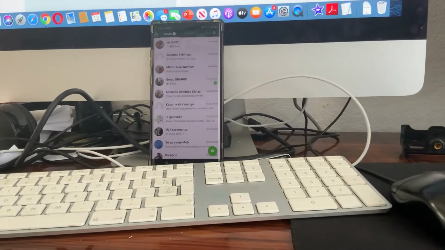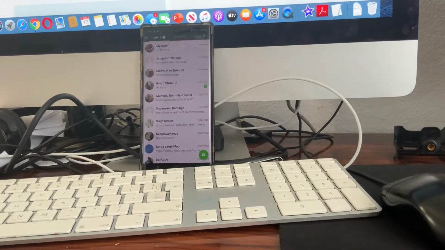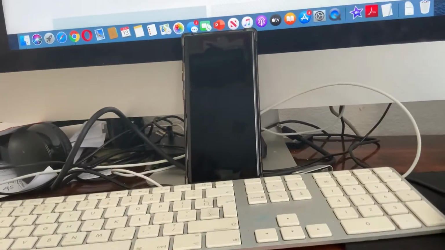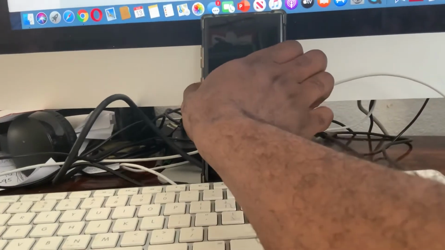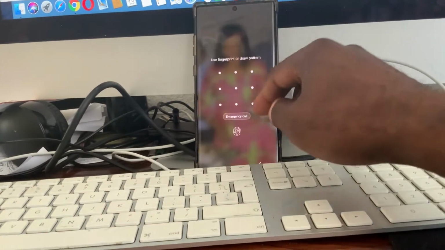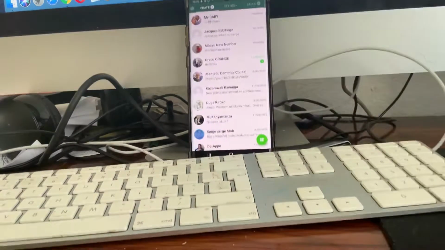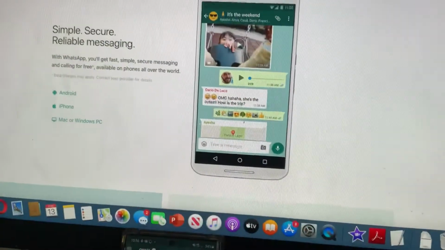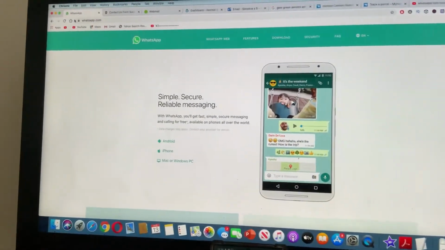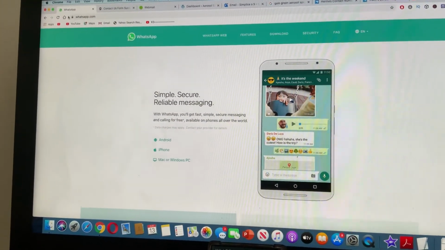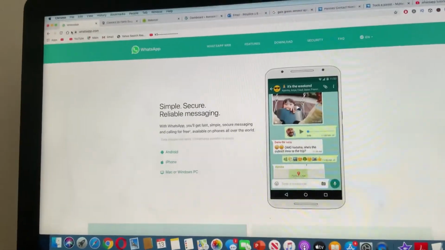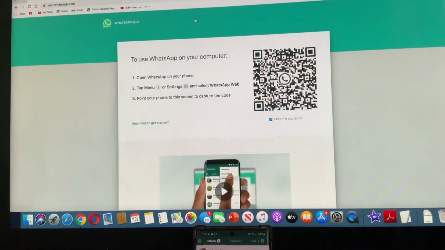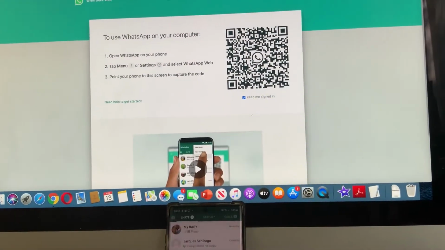Today I'm going to show you how you can connect your WhatsApp on PC. What you do, you need to go to whatsapp.com on your PC. And how you do this, you click on WhatsApp Web, and you can see there is